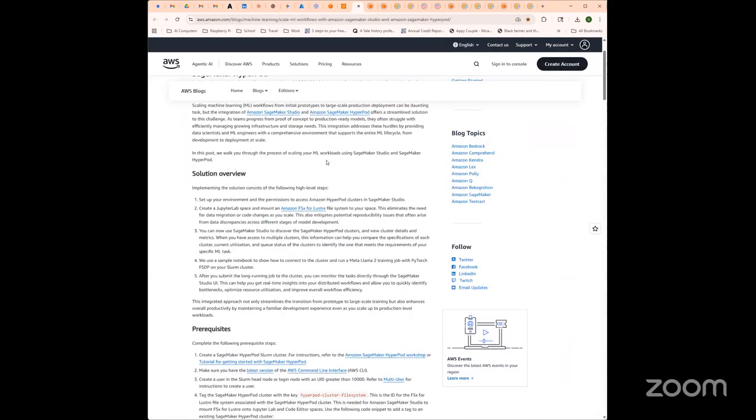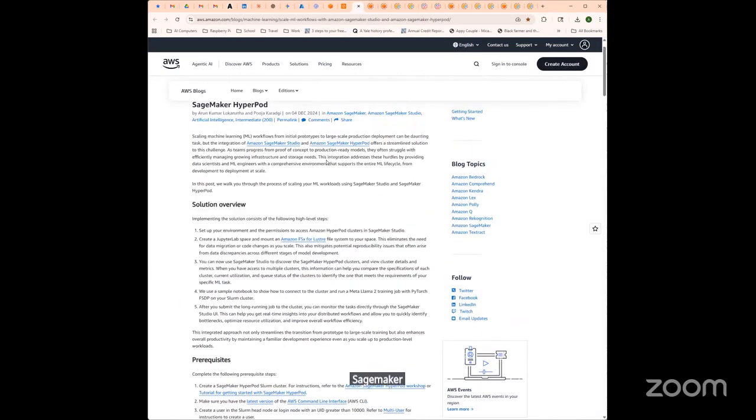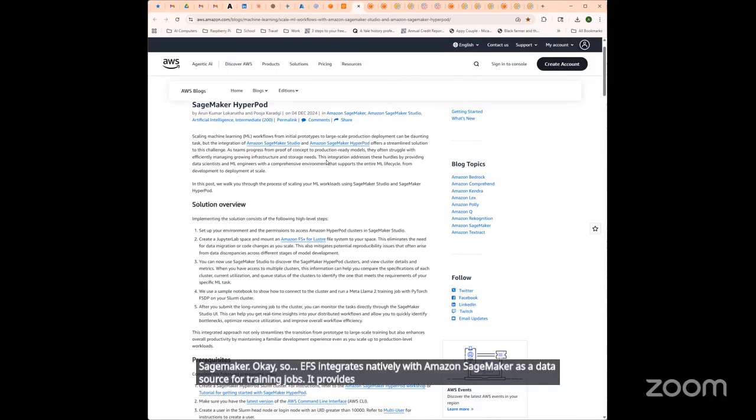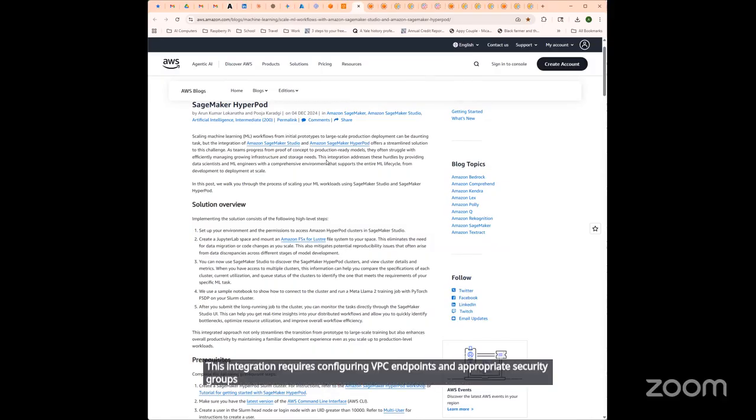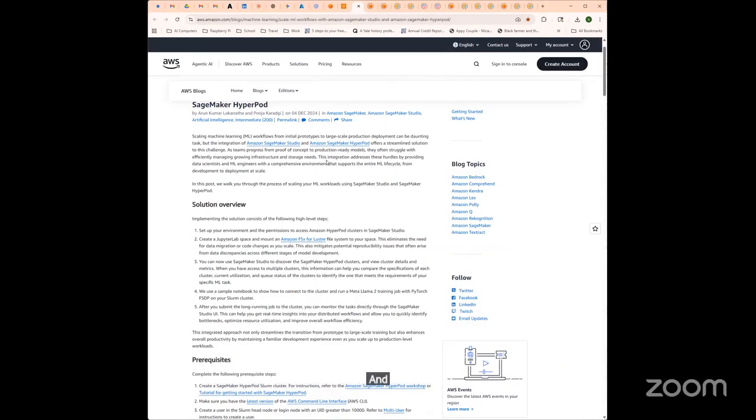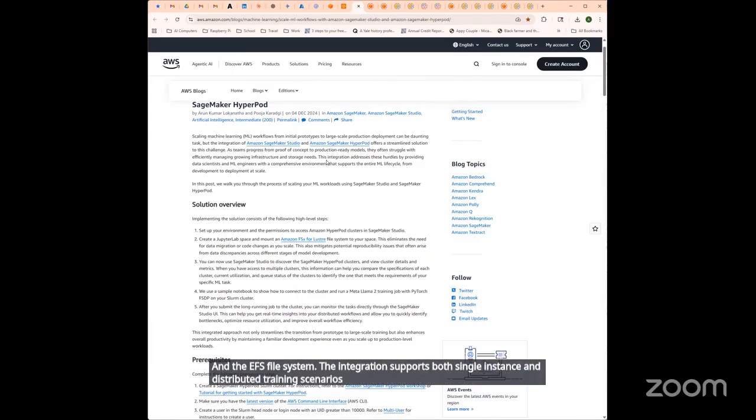SageMaker. EFS integrates natively with Amazon SageMaker as a data source for training jobs. It provides an alternative to S3 for scenarios where file system semantics are preferred. This integration requires configuring VPC endpoints and appropriate security groups to enable secure communication between SageMaker training instances and the EFS file system. The integration supports both single instance and distributed training scenarios, with the file system automatically mounted on